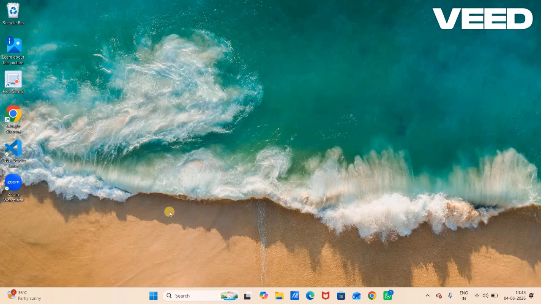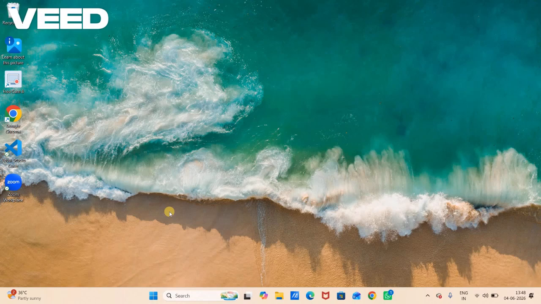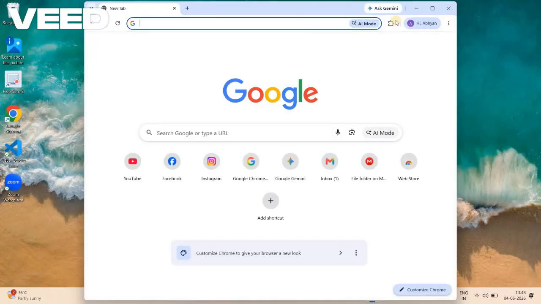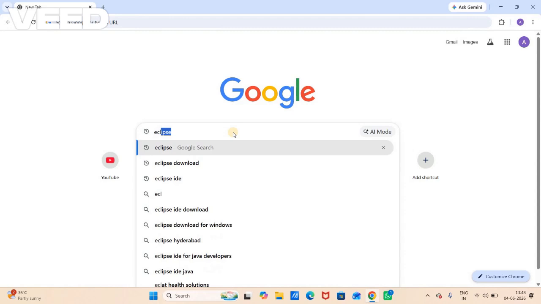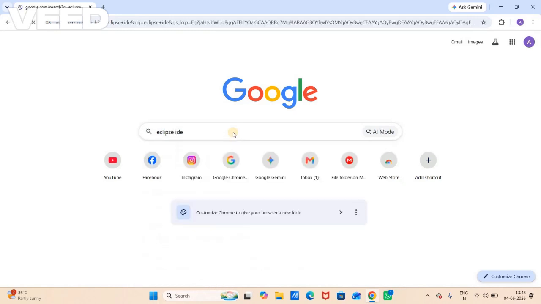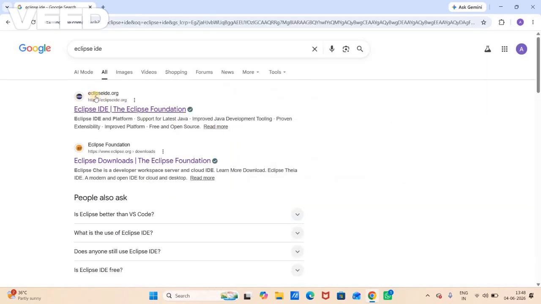Hello everyone, in this video I will show you how to install Eclipse IDE for Windows operating system. For this, first open any browser. Here I am opening Chrome browser, and here in Google search for Eclipse IDE. So now here it will show you the official website